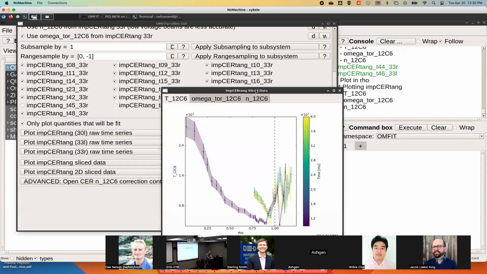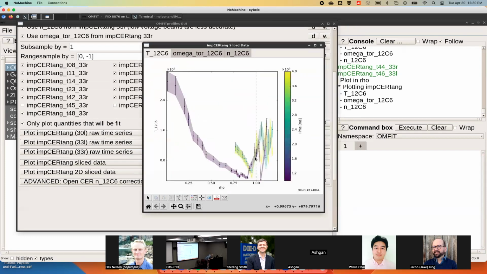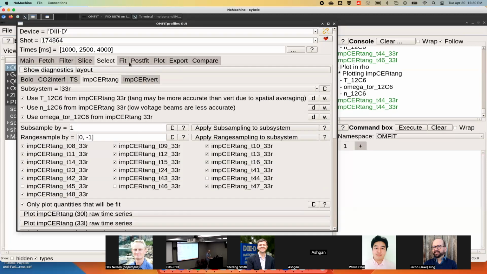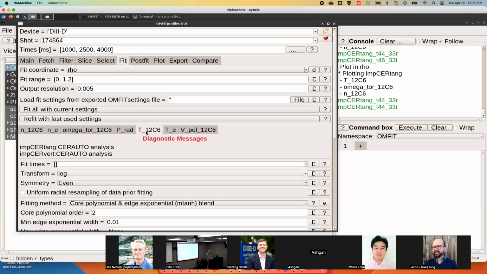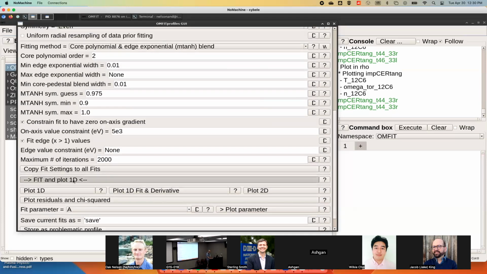If I replot this, we'll see if I got the right ones or not. Now those particular cases are grayed out. So zooming in for visibility, right? These were the cases I was just looking at. And they're gray, which means they're no longer selected as active channels when I'm doing a fit. So if I go back now to my fit and I choose ion temperature, and we come back here and we try to fit and plot 1D,